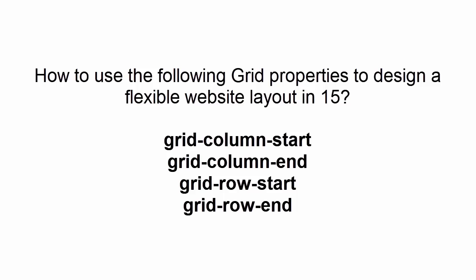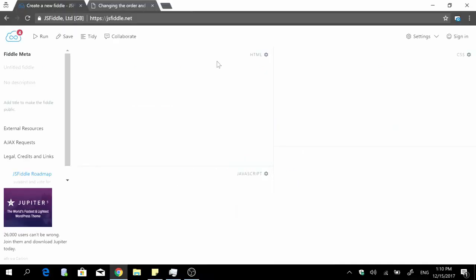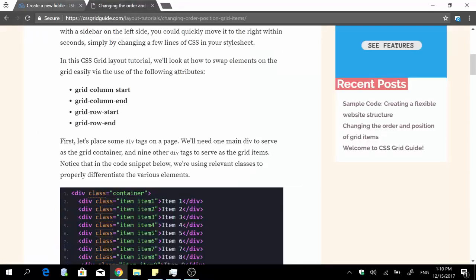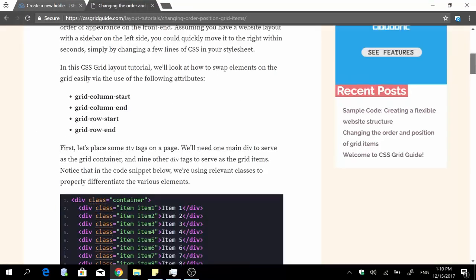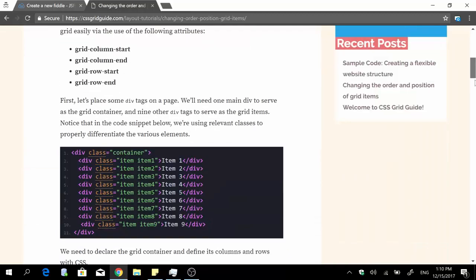Hi guys, welcome to this video about CSS grid, and today I want to show you how to use four important properties. These are grid-column-start, grid-column-end, grid-row-start, and grid-row-end. To show you how they work, I'm going to have an HTML structure which can quickly define the layout of your website. And in order not to waste time, I'm going on this website, CSS Grid, and I'm just going